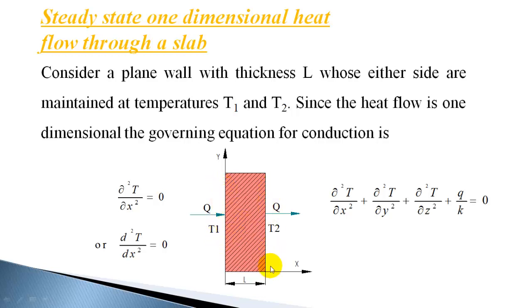Here also, on the right face, the temperature is constant along the y direction. There is no change in temperature along the y direction, so there is no chance for the heat to flow in the y direction. Maybe at the ends the heat can flow, but more or less the temperature gradient exists only in the x direction and heat mainly flows in the x direction. Similarly, we assume there is no temperature gradient in the z direction, so heat cannot flow in the z direction. So this makes the heat flow one-dimensional.